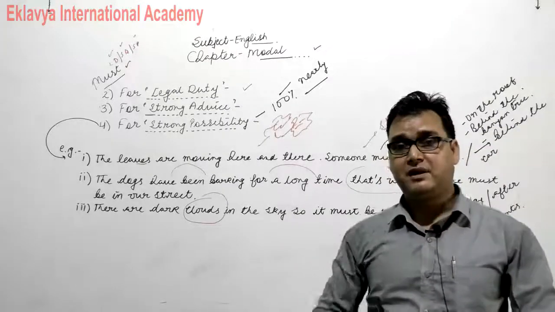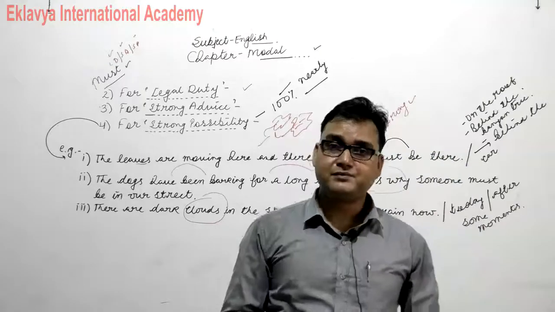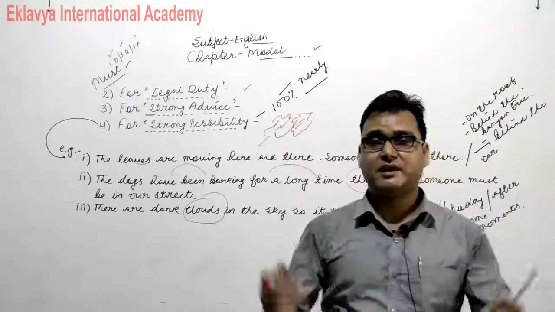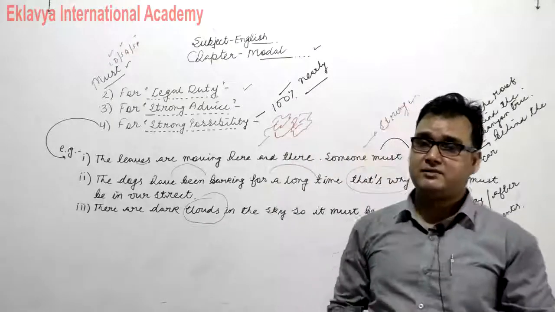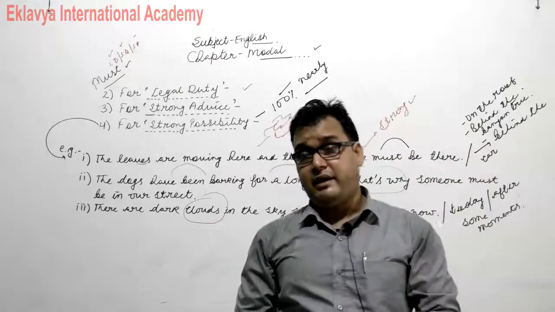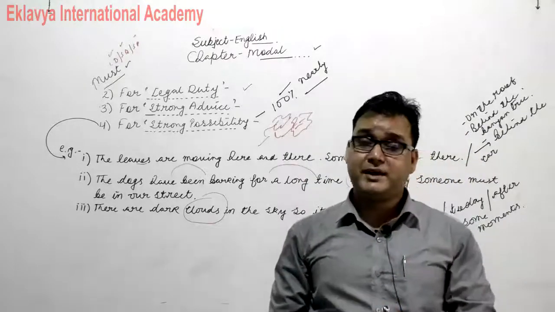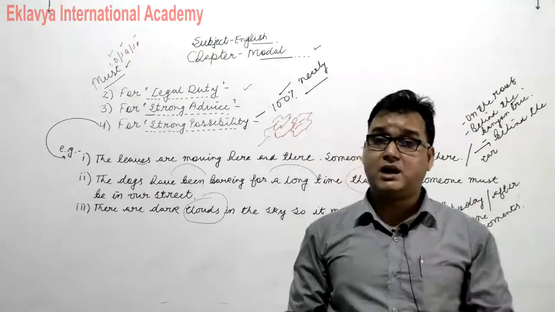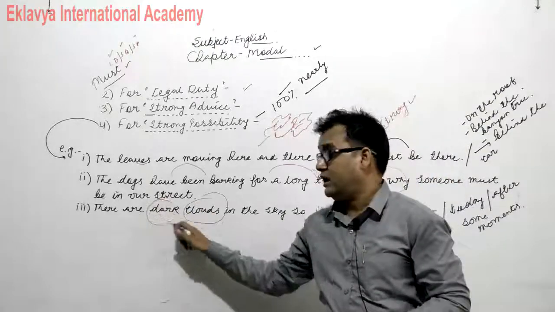For example, if there are only clouds, it may rain. Both the sentences are right. I already told you, rain is also used as a verb in a sentence. It may rain. If there are few clouds, it might rain. If there are dark clouds, like I mentioned here, dark ones,